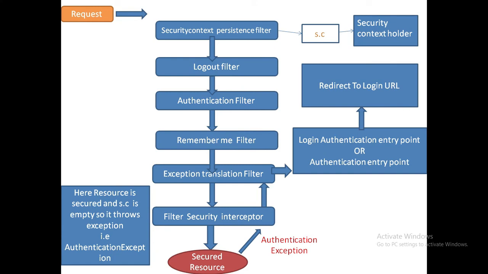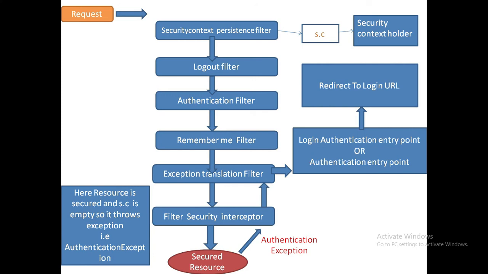Hope so guys you are clear. Here you can find the request comes to the filter security interceptor. As we are trying to access the secured resource, this filter security interceptor will throw the exception, and once this exception reaches the exception translation filter, it will check what kind of exception this is. Now it is the authentication exception, so it will redirect this to the login authentication entry point